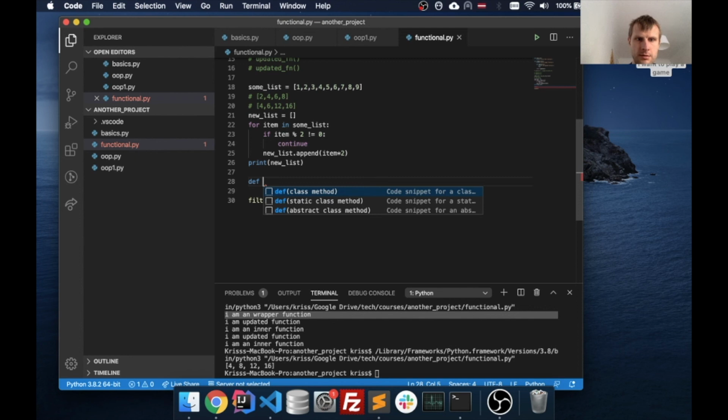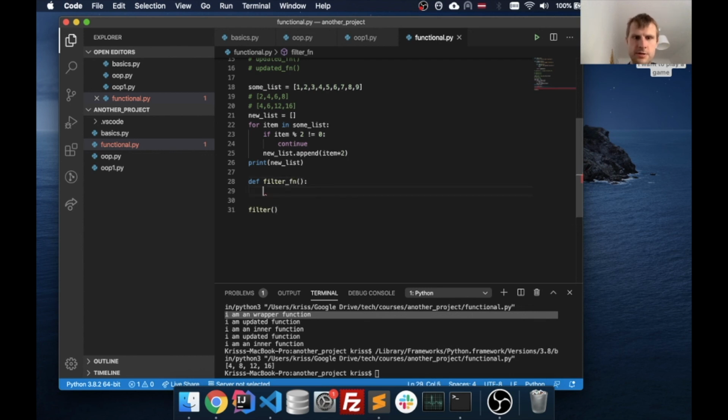Def, it would be a filter function, and this filter function would return whether an item equals items modulus would equal to 0. So the first argument would be filter function, and the second argument would be the list, and then we also have